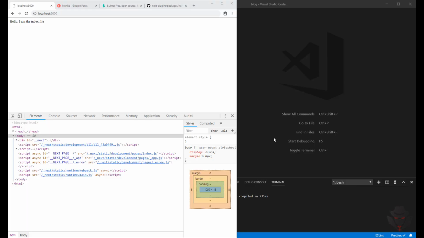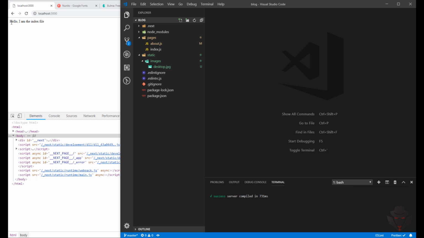So now that we know a little bit about Next.js, let's move on and start working in our project. First things first, we need to give our project a bit of style and see where we can go from there. First thing, probably we need